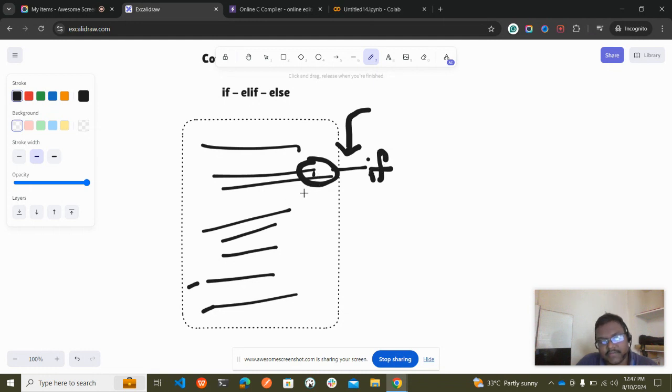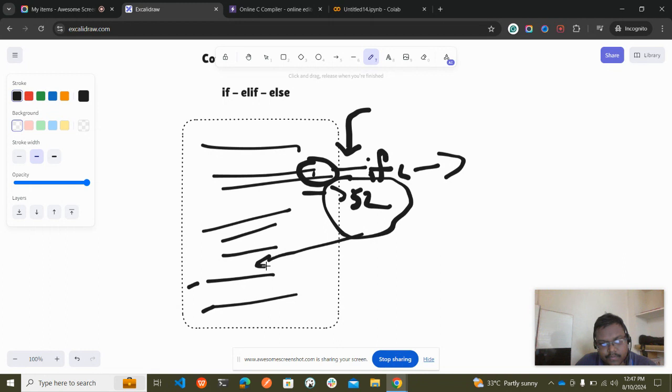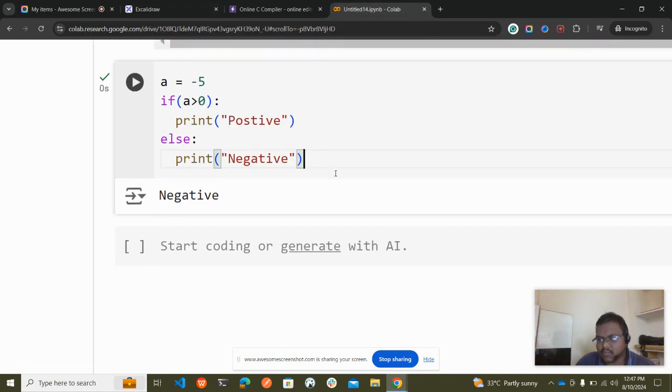So here in the if statement we have around 52 lines, I guess, and this if condition didn't execute. In the if condition we got a result as false. So now these 52 lines won't be executed at all. Rather, we'll be jumping to this line, the 53rd line. So conditionally we can execute the entire program code. That's why we use these conditional statements. So don't get confused. If and else is very easy, and we'll be seeing a lot of problems.